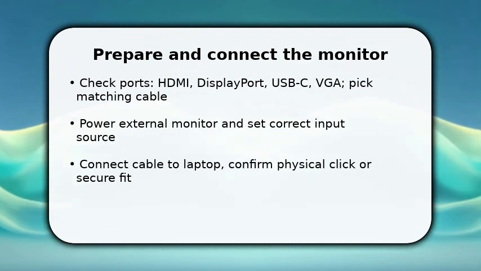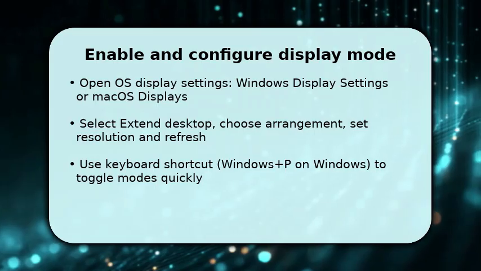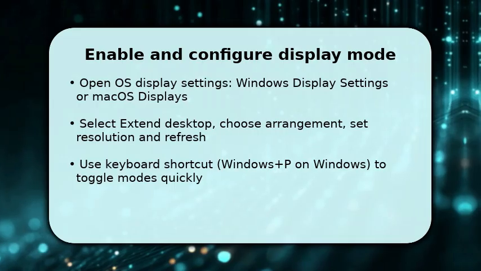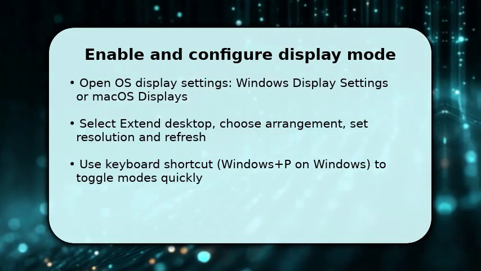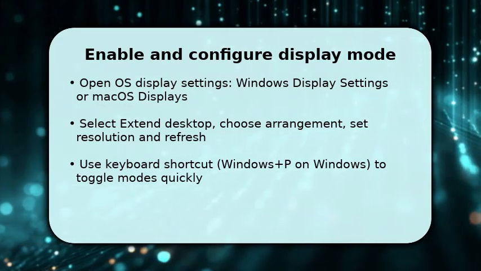Once the monitor is connected, open your operating system's display settings. On Windows, go to Display Settings. On macOS, open Displays in System Settings. Choose Extend Desktop to make two independent screens, then drag the monitor icons to match physical placement so the mouse